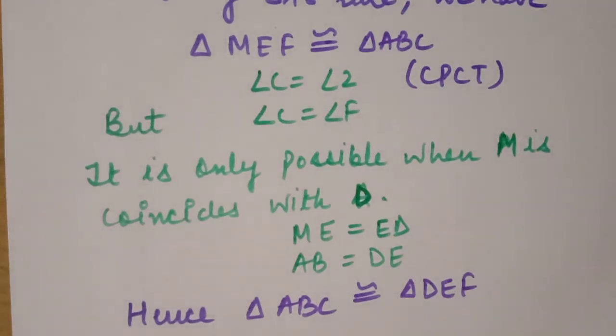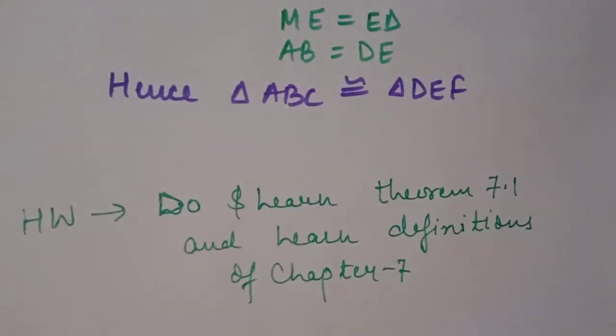So students, in today's lecture, we discussed the introduction part, congruency of triangles, and two criteria of triangles, SAS and ASA, with the help of Axiom 7.1 and Theorem 7.1. Now today's homework is to do and learn Theorem 7.1 and learn the definitions of chapter number 7. Today you have to revise this complete lecture from your NCERT and learn all necessary things and do this theorem positively and honestly.